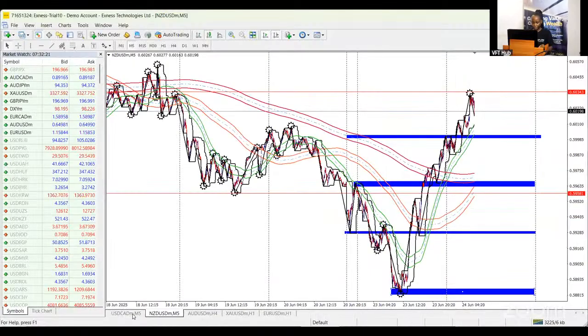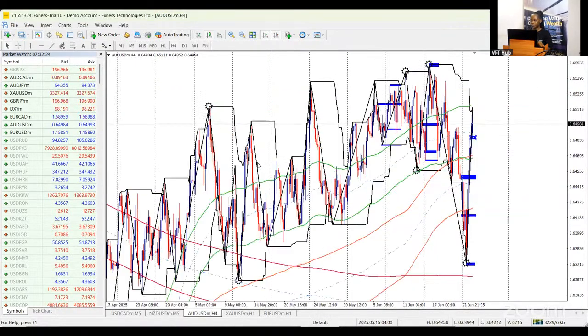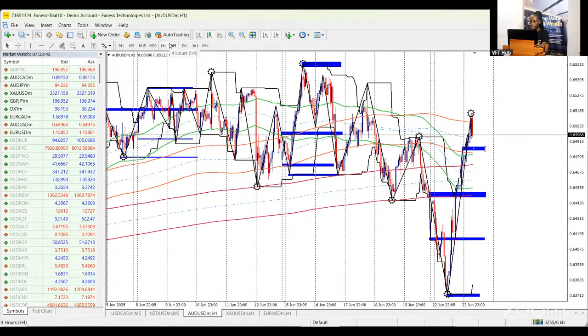Starting from AUD USD on the H4 timeframe, you can see that a sunshine pattern was printed. It bought all the way here. Ideally, we would have seen a continuation of this most recent price action to the downside, but price violated the majority of the zones, even on the H1 time frame. On the H1 time frame as well, price violated this level to the upside. So it's giving more signs that AUD USD would most likely continue buying.